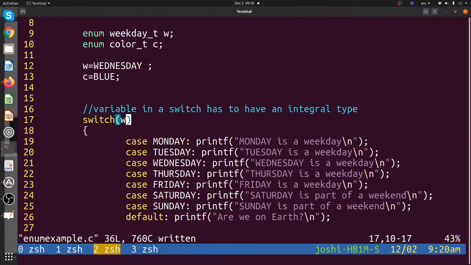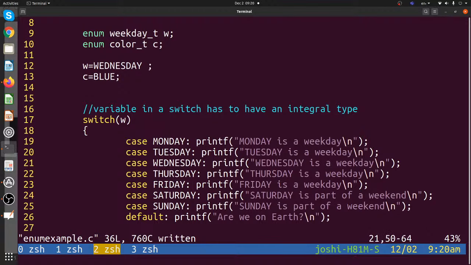So what happens is that it's going to take the value of this integral variable and then jump to a case which matches with this value. So for example, W is a Wednesday, so the control immediately comes over here on line number 21,